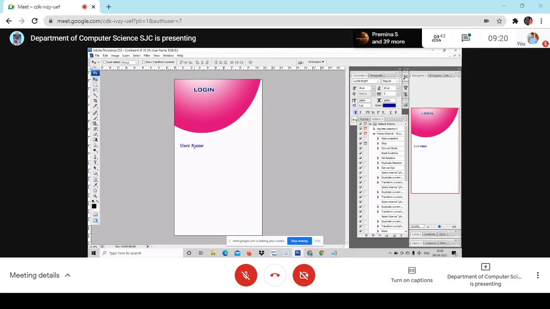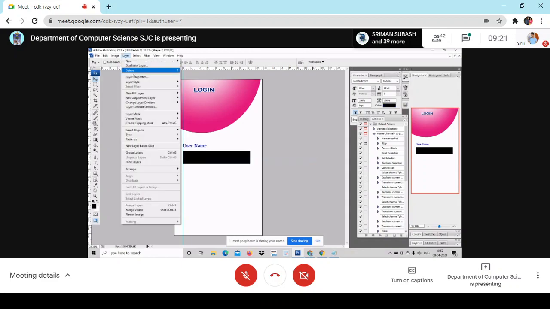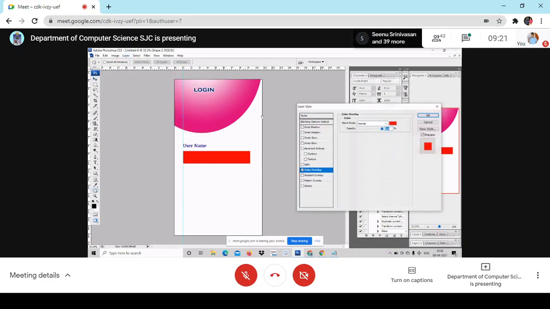Username on the top here, and I want to draw a rectangle box here, at the bottom. You can even have the grid lines, right? Keep the grid lines here so that you'll be able to put it somewhere near. I want to have this in white color, not black color.